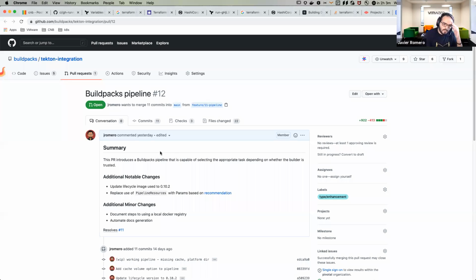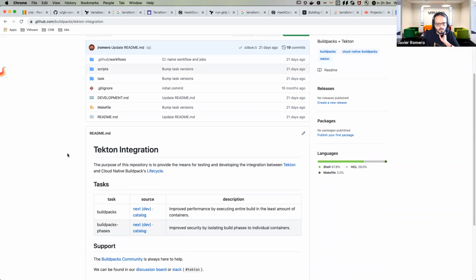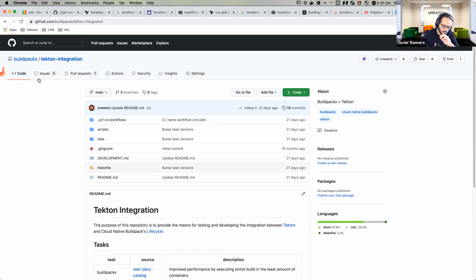All right, so this is a pull request on the Tecton integration repo. So I realized that this is a relatively new repo as far as being worked on. The purpose of this repo is to provide a lot of tooling and automation and testing around some of our tasks. And one of the things that came up in one of our discussions was the fact that